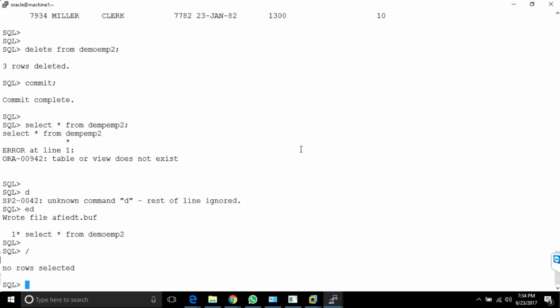It did the purpose. It truncated all the rows. It deleted all the rows. But if we are planning to remove all the rows from a table, we must always use truncate. Why? Because